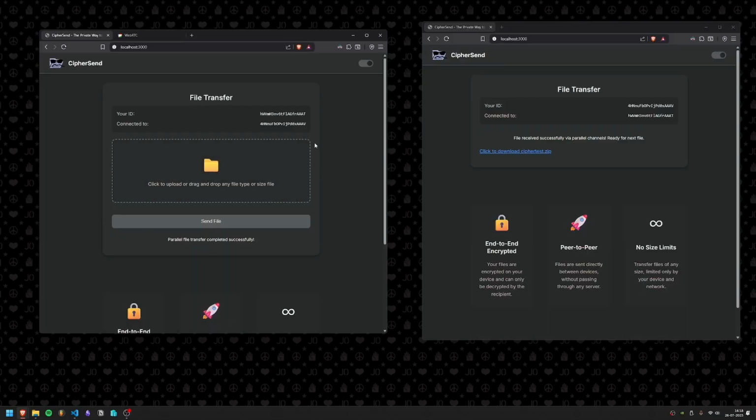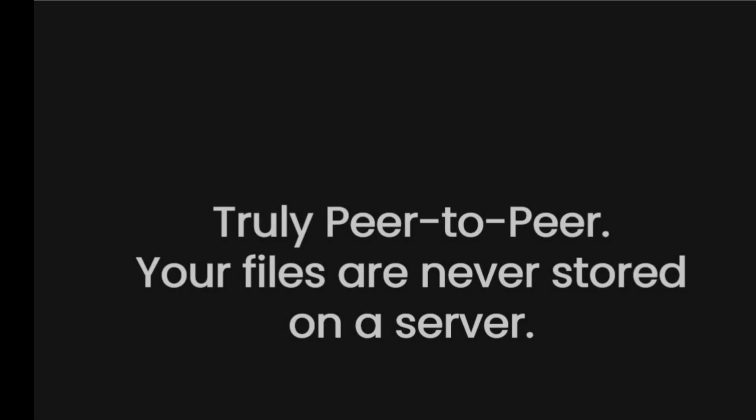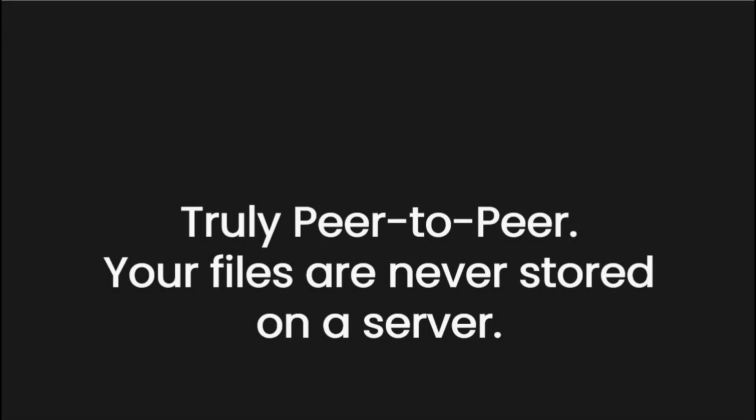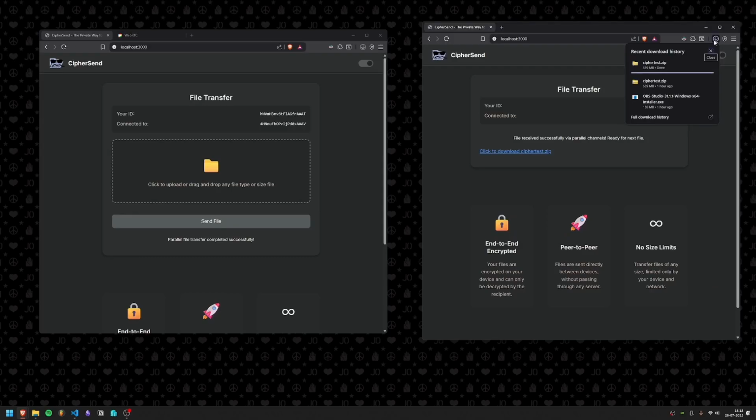As you see, the transfer is now complete and we can now click on the download button to download a zip file. If we go into the details, we can see it was a 600 MB file which was transferred in a